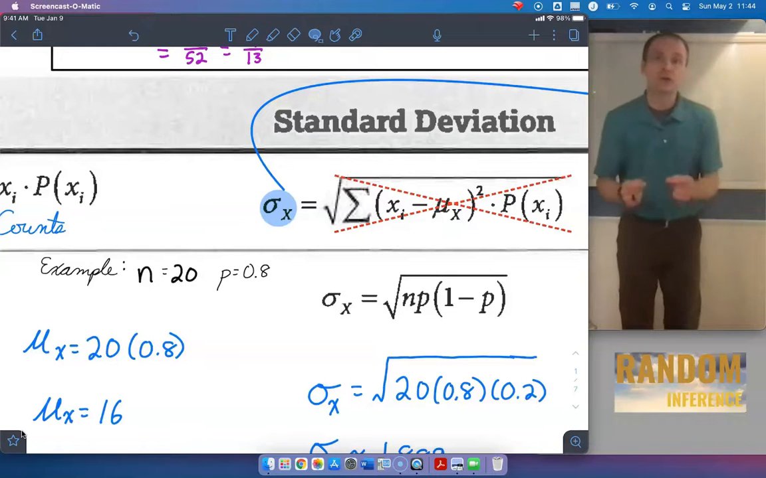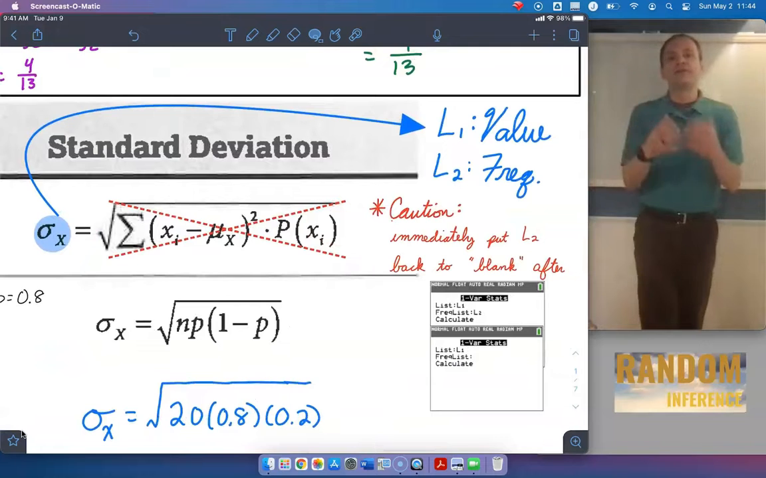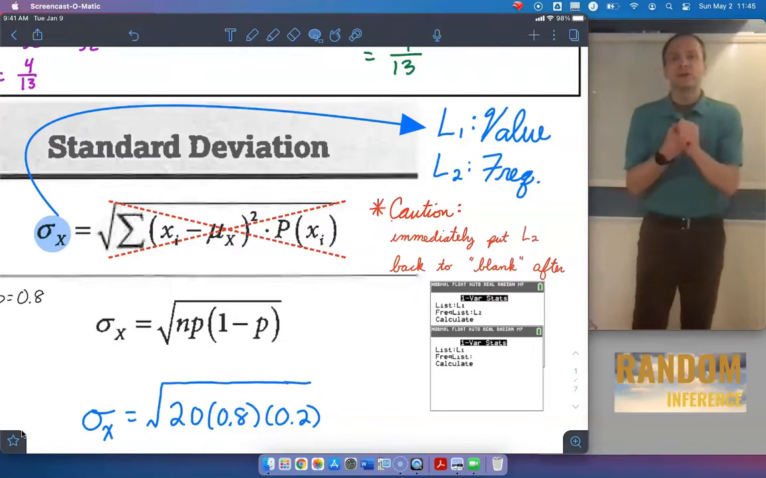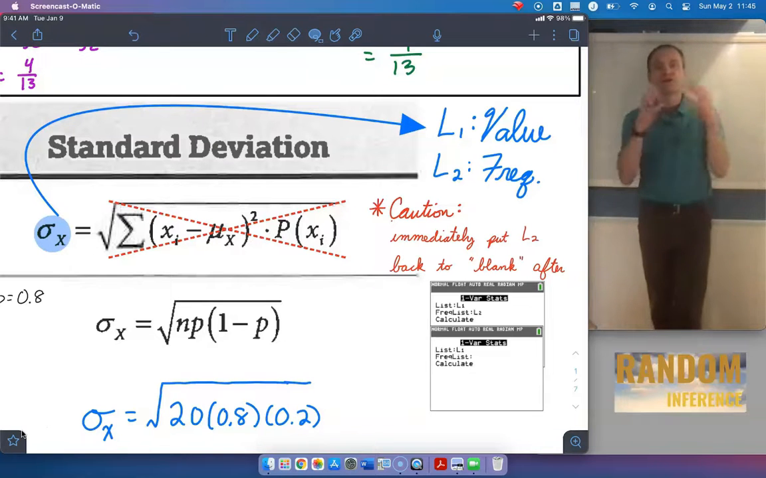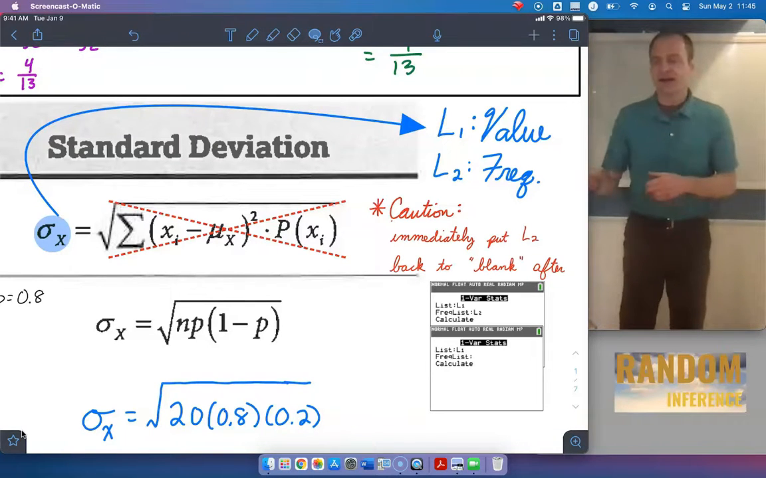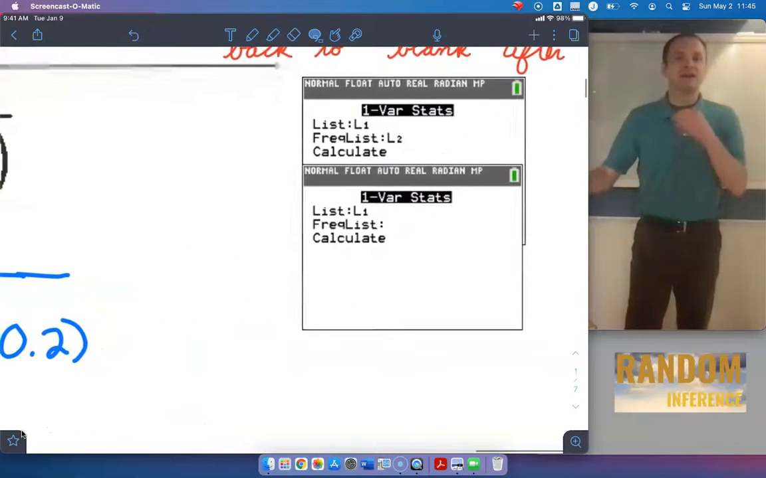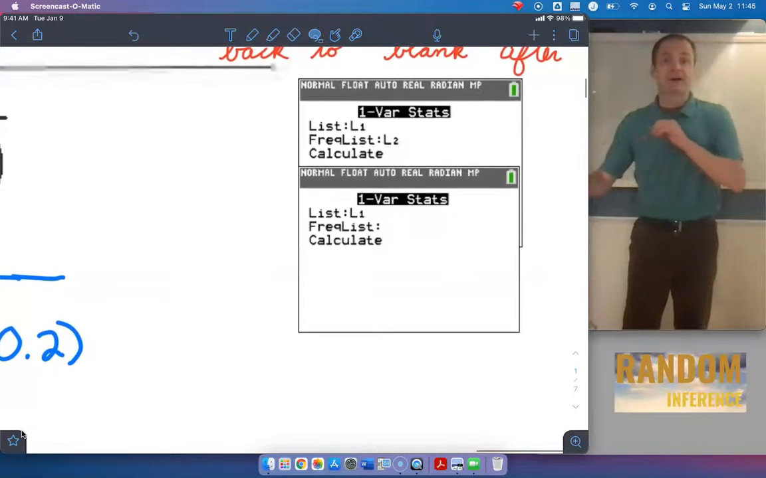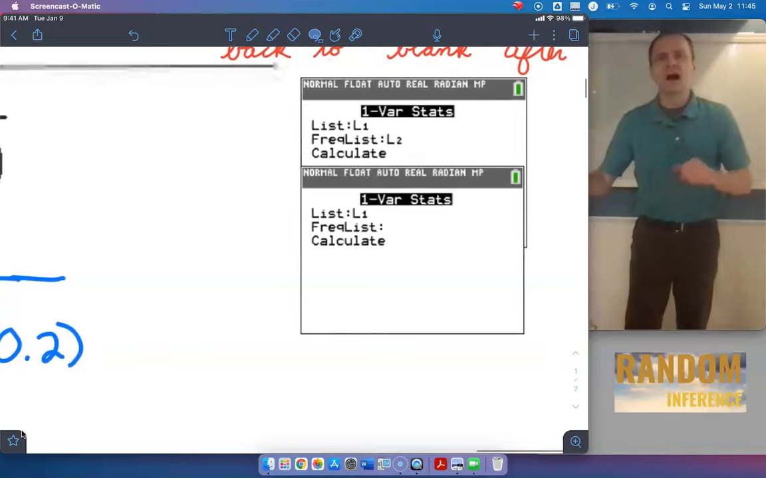What you're going to do is use the lists in your calculator. So you're going to do one variable statistics. You can see the pictures down here. L1 is where you put the values. L2 is where you put their frequency or their associated probabilities. And if we take a look at the screenshots from the calculator, you can see my list says L1, my frequency list is L2, and then I'm going to hit that calculate button and have it spit out all the information I needed, the mean, the standard deviation, etc. However,